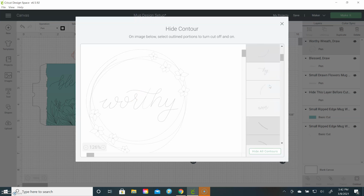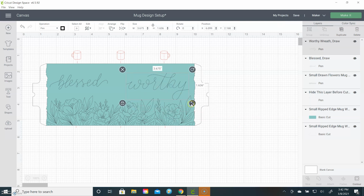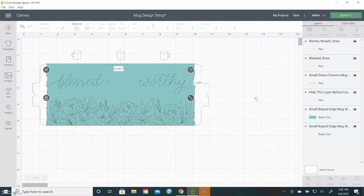And let me get okay, let's see what that does. Okay, so that has everything there. Okay, so I'm just going to make this one a little bit smaller. And I'm going to click on this one. I'm going to shift and hold this one, and I'm going to actually align these just to the top so that they're the same. Okay, so once I have it like this, I'm actually going to click on this and